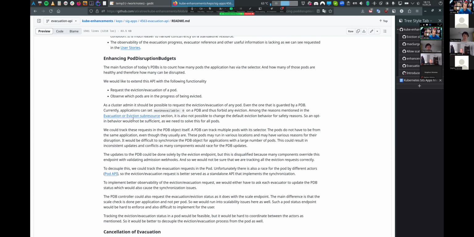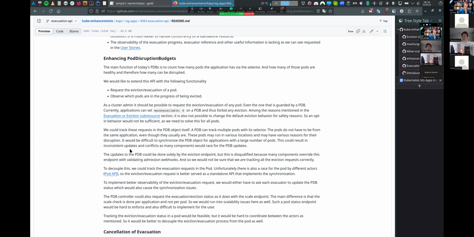That's the one thing the evacuation API is trying to solve. If we introduce these endpoints that can be called in this process, I think it's pretty similar to what we are already doing with the webhooks. It's just more well defined. Now, it's not a supported or expected behavior that the webhooks should exist, but that's the reality in the ecosystem. With this, we would codify that you can override this, and we would have to come up with the new API for the clients of the eviction requests.